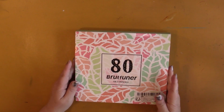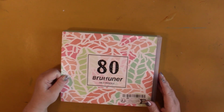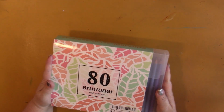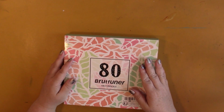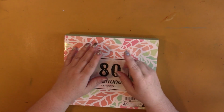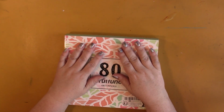And I got these Brutfuner pencils. These ones are interesting because they have, I don't want to take them out, well, I'll show you. It's just this plastic case that they're all in. But this is an interesting set of pencils. It has neons, brights, and pastels. It doesn't have any browns, doesn't have any grays, doesn't have a black and white, doesn't have the whole spectrum of colors. It just has the bright,